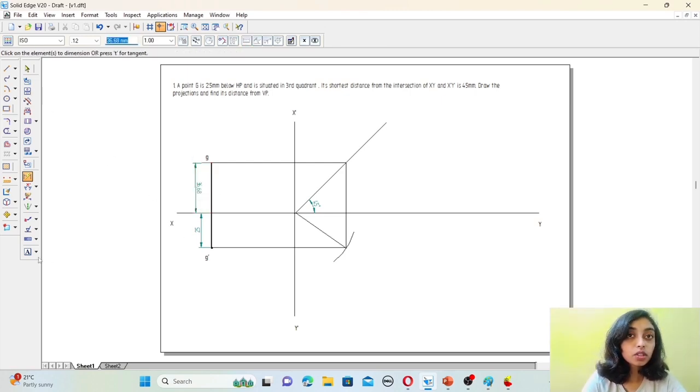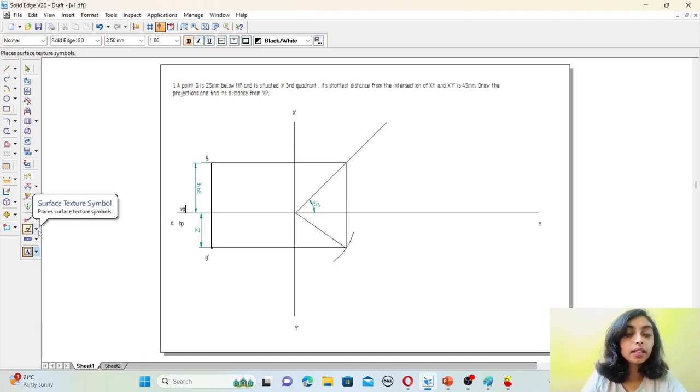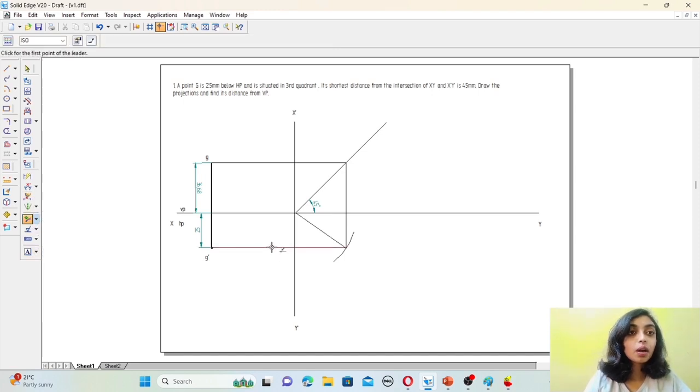And at the last, VP. So now go to the Dimension option to mark the arrows.